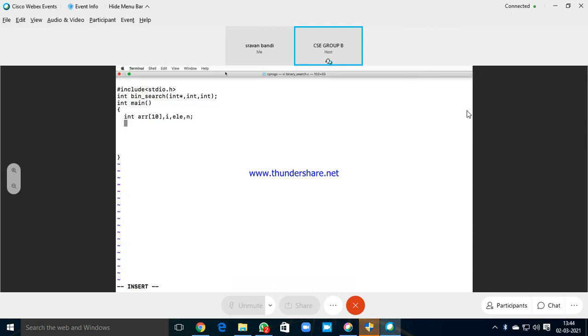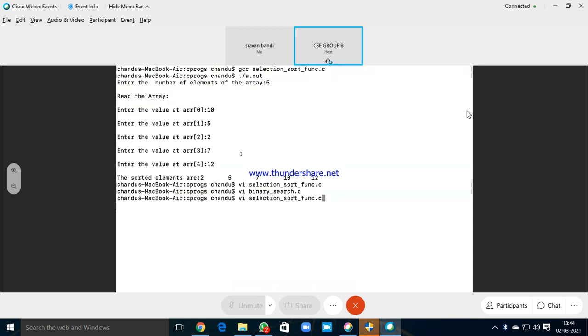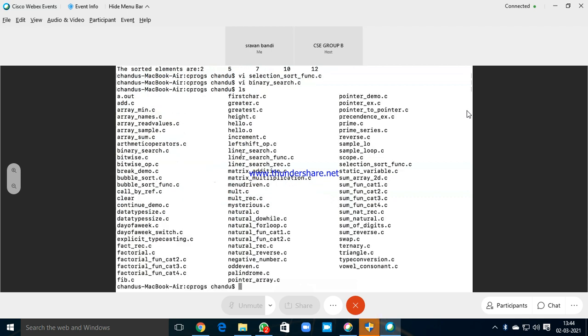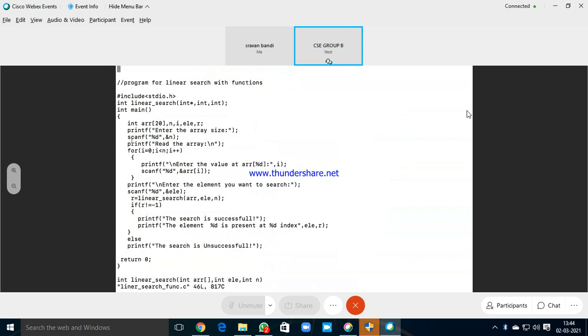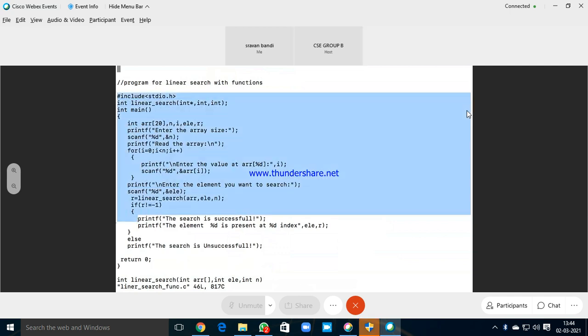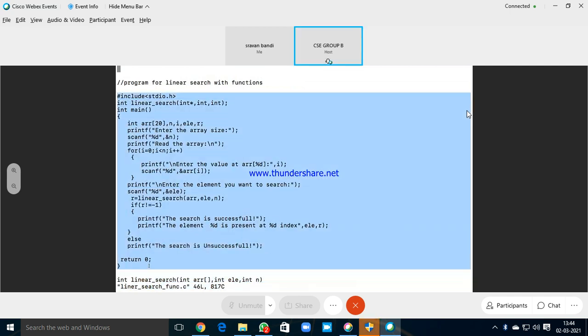One thing I will do is, since we have done linear search, take the main code and the linear search functions.